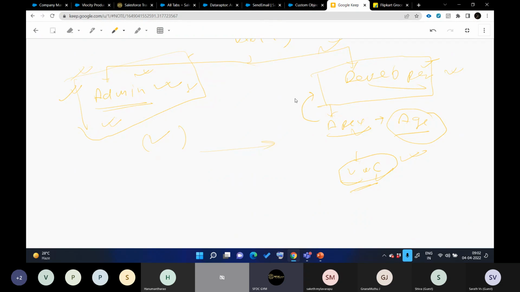In developer, there is no certain limit, as such. We have an admin limit in admin because now we are using two things. We are using Salesforce and we are using Velocity also. But here we are using Velocity more and less Salesforce. Now we have reached one technical end. If any questions, you can ask.